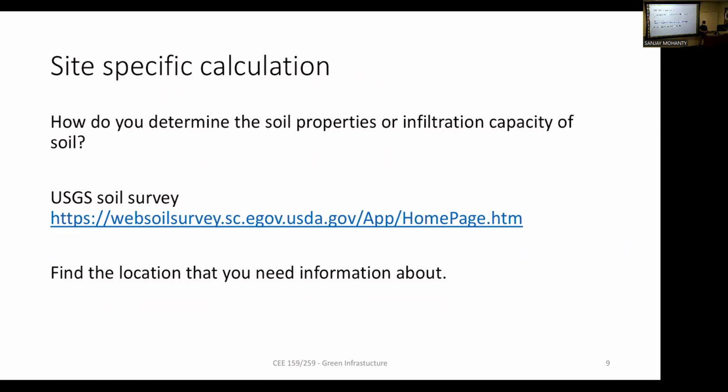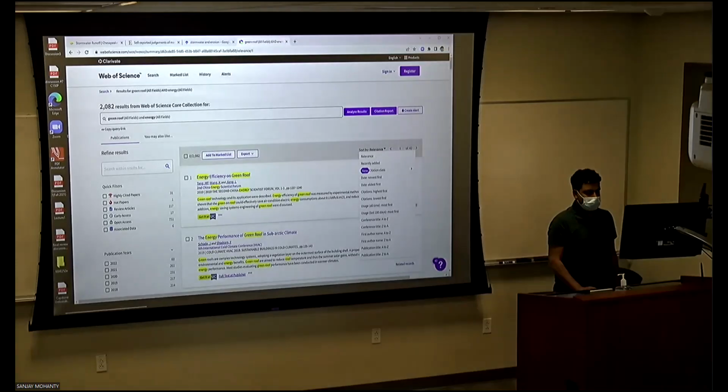So let's go to this. What you do is search USGS soil survey. If you search that keyword, the very first link, you'll get this one. USGS stands for United States Geological Survey. Obviously all the geological formations in the US are well documented. They went to every single location and characterized the soil, and they know what the soil type is. So you don't have to go and find that out, because they have created this database. I'm going to show you again how to do it.